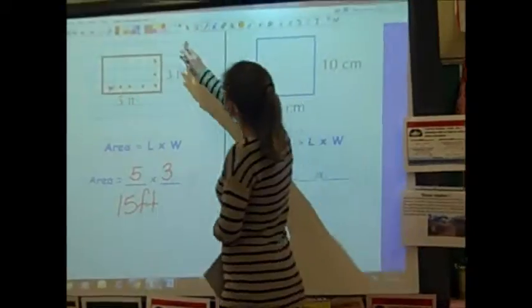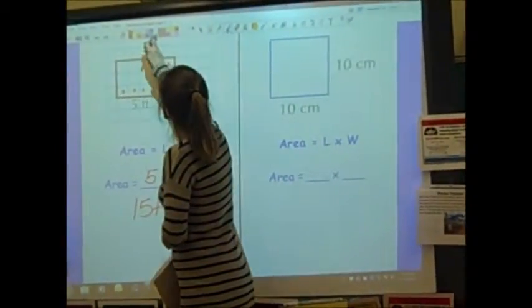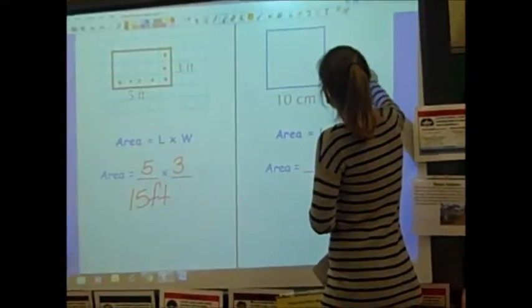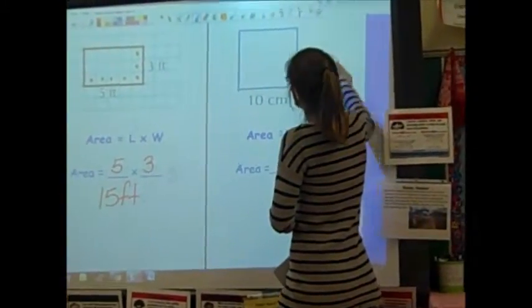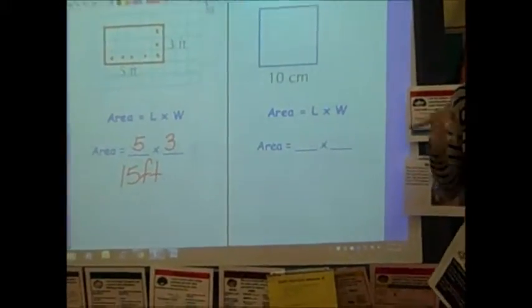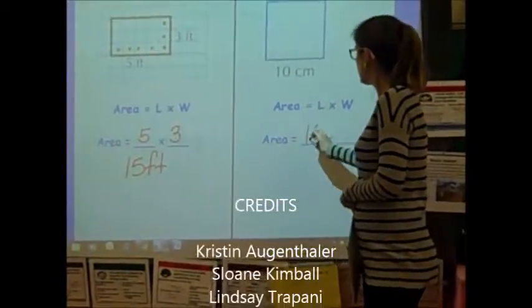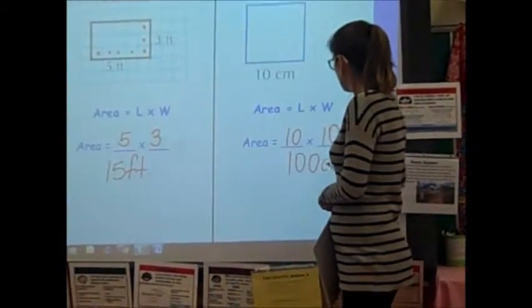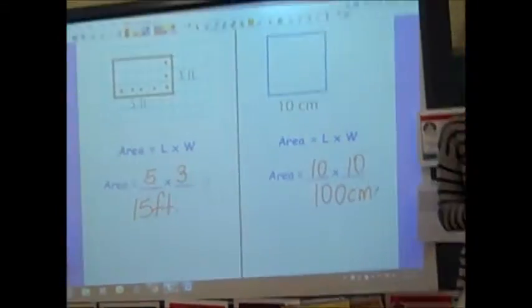And then again, if you're finding the area of a square, you might only have one side labeled because all sides are the same. So 10 times 10. You wouldn't believe how much students confuse area and perimeter. This is something that you really want